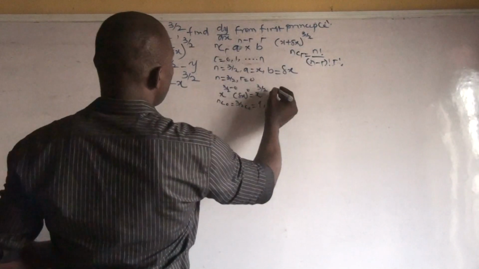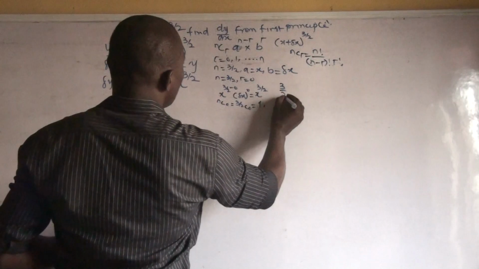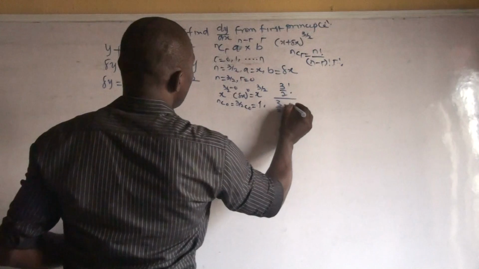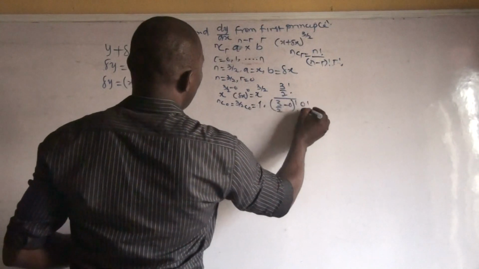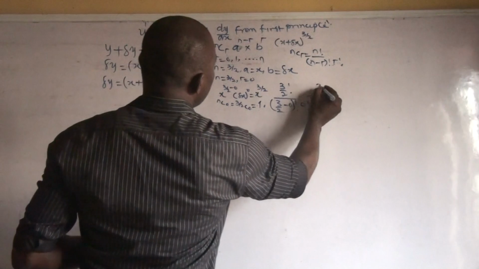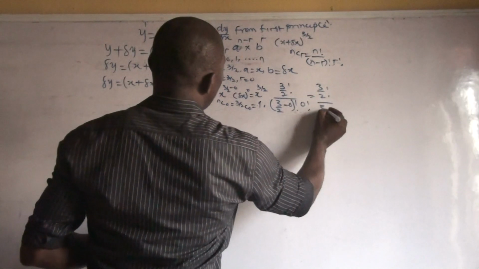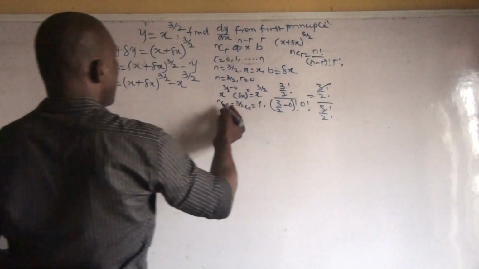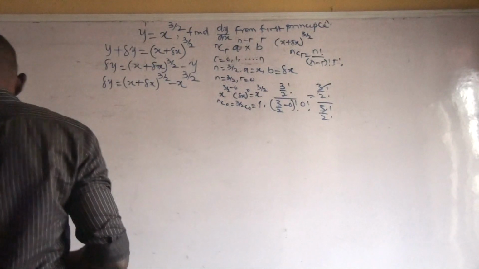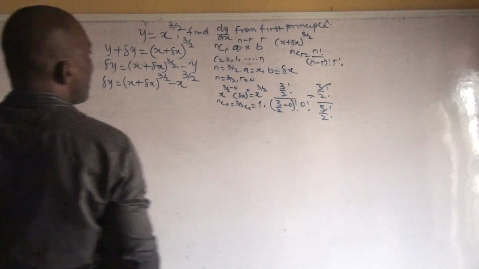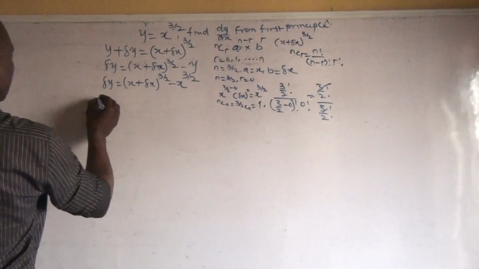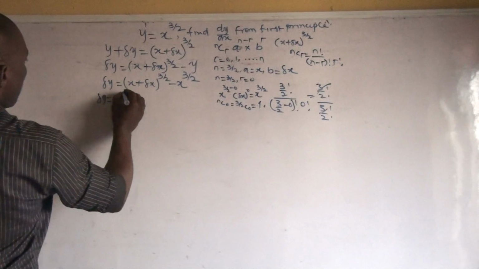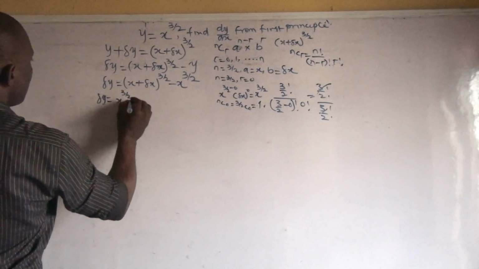So if we apply this now, we see 3 over 2 factorial, then 3 over 2 minus 0 factorial, times 0 factorial. Okay, so what we have here is 3 over 2 factorial over 3 over 2 factorial, and 0 factorial is 1. So this will go. So here will give us 1. Okay, having done that, that is the first term here. So if we are expanding this delta y, the first term here will be x raised to power 3 over 2. So let's do the second